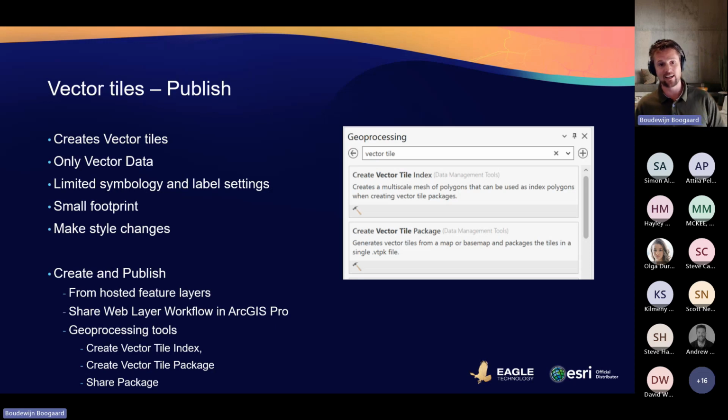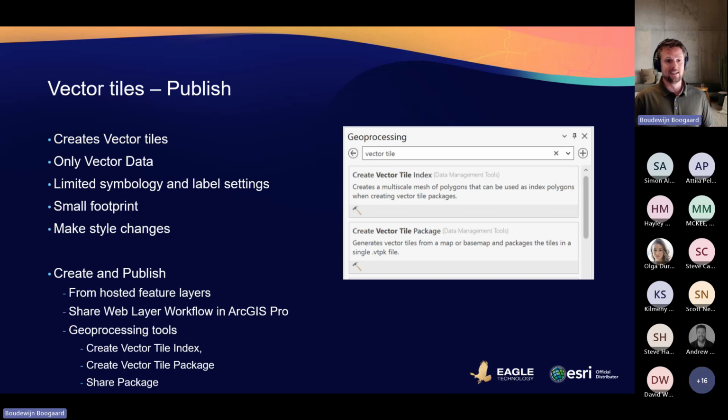Although it has a lot of symbology and label settings, it's a bit limited compared to what you can do in ArcGIS Pro. In many use cases, it can suffice, but there are situations where you may miss certain symbology options.